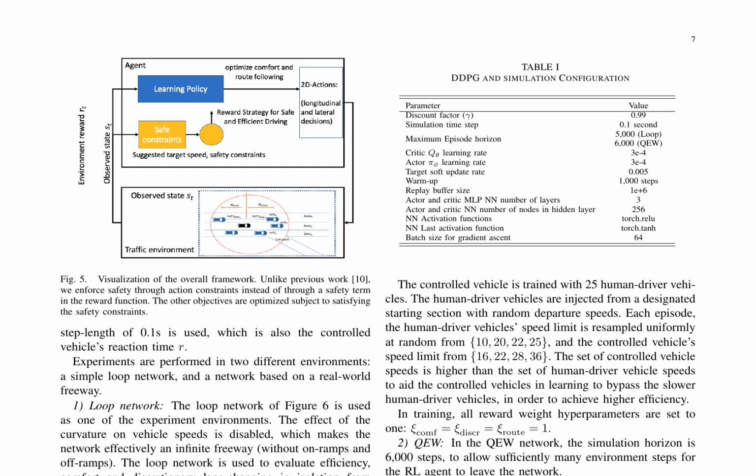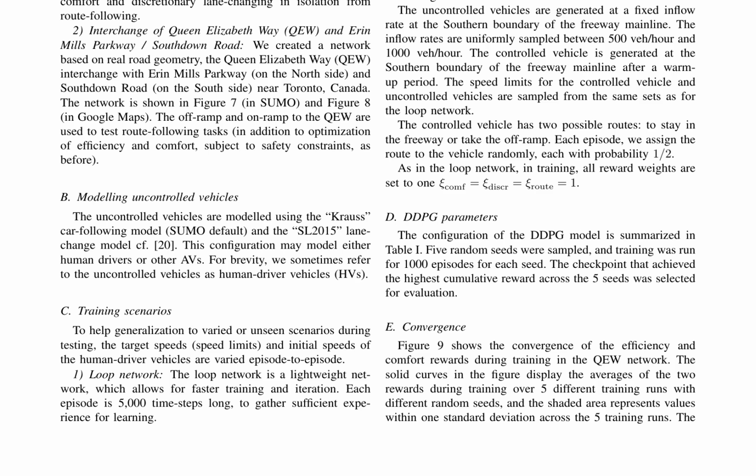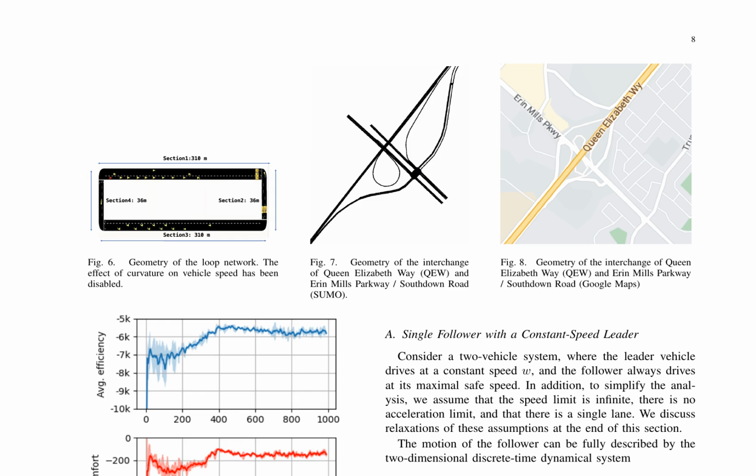The system is trained using deep deterministic policy gradients, DDPG, in two environments: a simple loop network and a network based on a real-world freeway. In the loop network, the focus is on efficiency, comfort, and discretionary lane changing, while the QEW network evaluates route-following tasks alongside efficiency and comfort. The uncontrolled vehicles are modeled using the Krauss car-following model and the